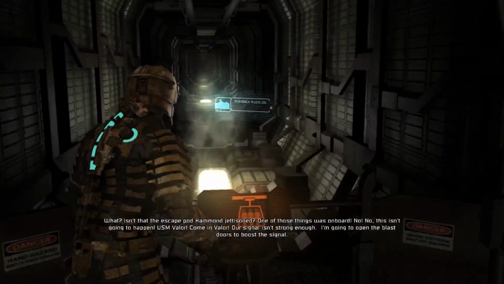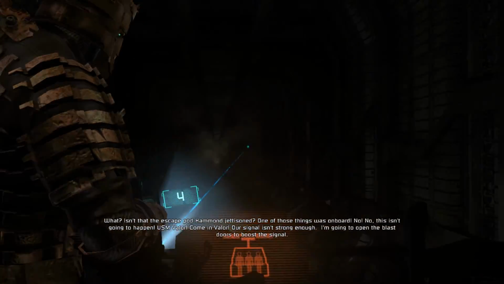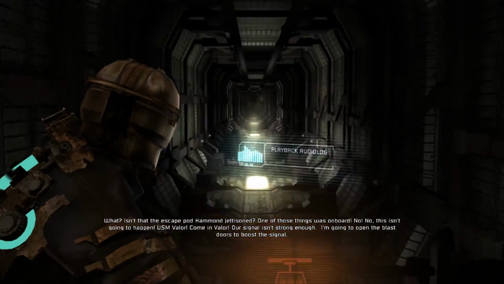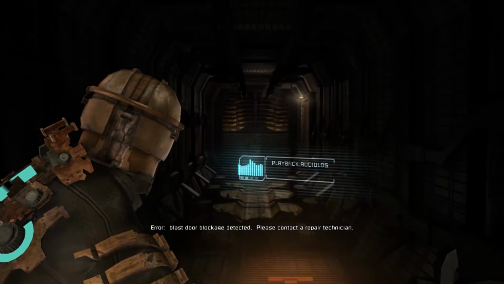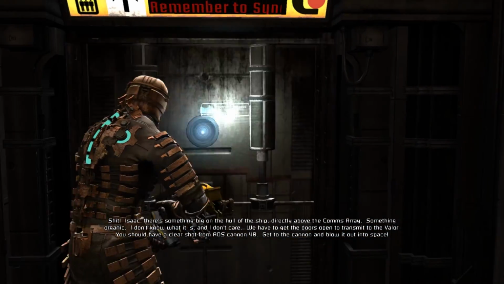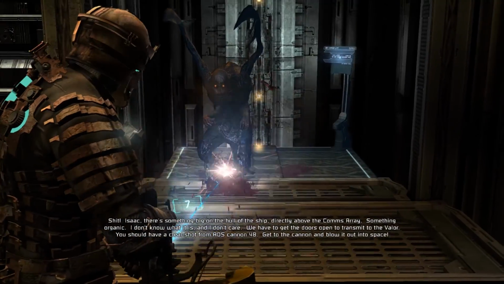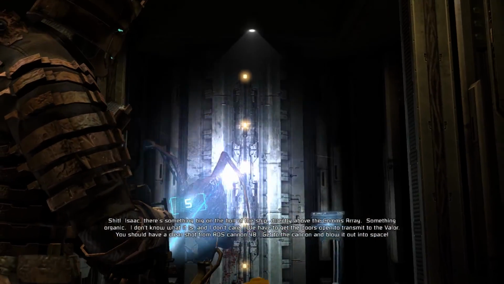What? Isn't that the escape pod Hammond jettisoned? One of those things was on board. No! No, this isn't going to happen. USM Valor! Come in, Valor! Our signal isn't strong enough. I'm going to open the blast doors to boost the signal. Error. Blast door blockage detected. Please contact a repair technician. Shit! Isaac! There's something big on the hull of the ship, directly above the comms array. Something organic. I don't know what it is, and I don't care. Capture the doors open to transmit to the Valor. We should have a clear shot from APS cannon 48. Get to the cannon and blow it out into